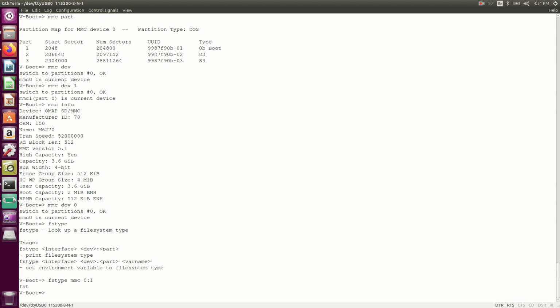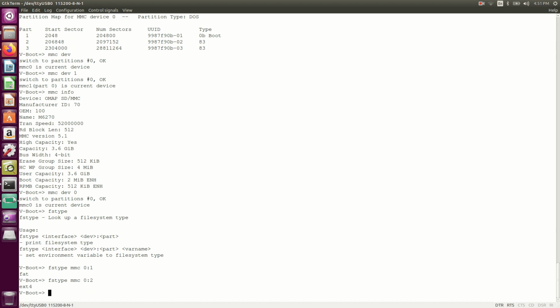So the first partition is a fat partition, which I have already discussed, like how we can boot our custom Linux kernel into the BeagleBone Black. I will give you the link in the description, so you can go through the playlist, the embedded Linux tutorials. You can find out what the first partition is, what the second partition is, what the third partition is, and in this also I can show you the other partitions too.